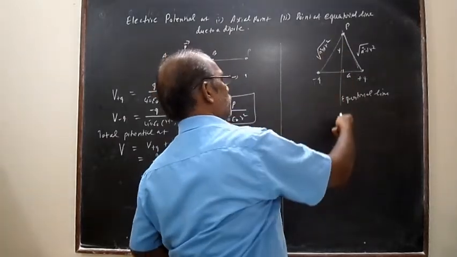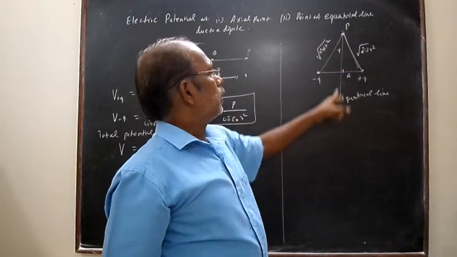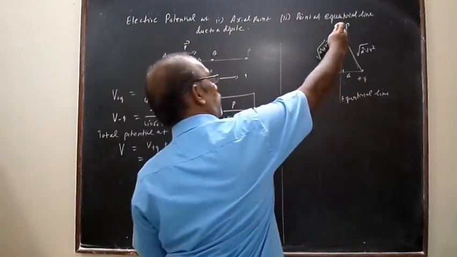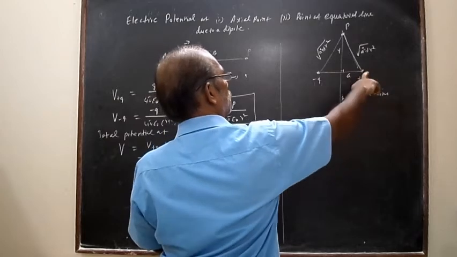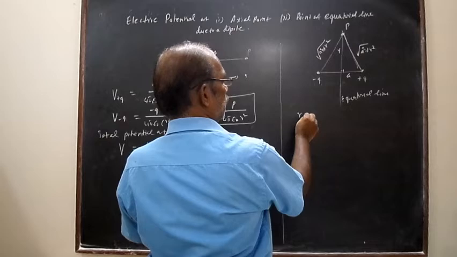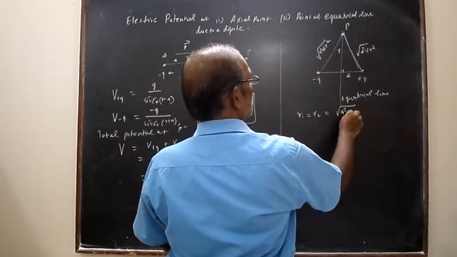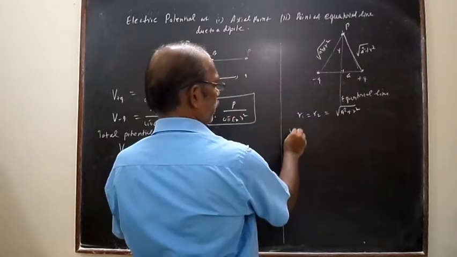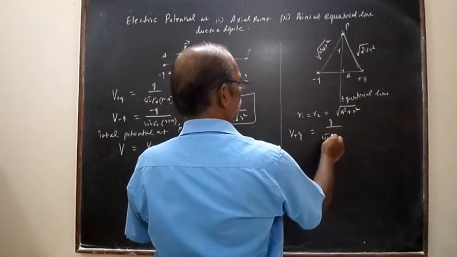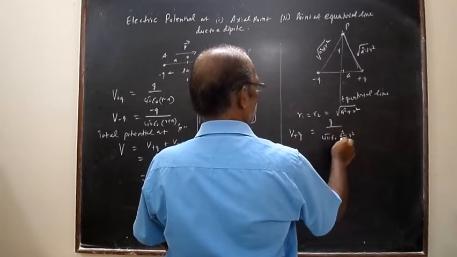The perpendicular bisector is known as the equatorial line. Along the equatorial line, a point P is taken. The distance of the point from the two charges, minus Q and plus Q, is equal: R1 or R2 equals root of A square plus R square. So V due to plus Q equals Q by 4 pi epsilon naught, the separation root of A square plus R square,